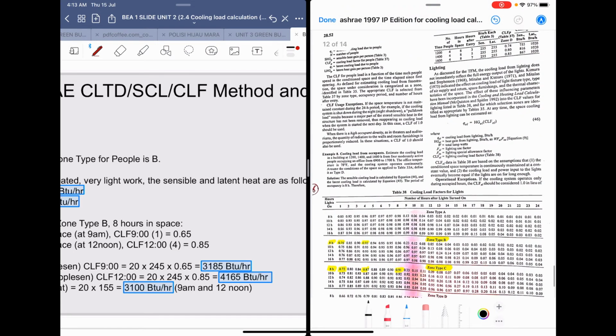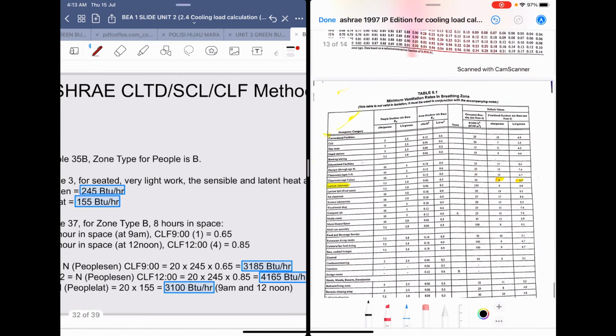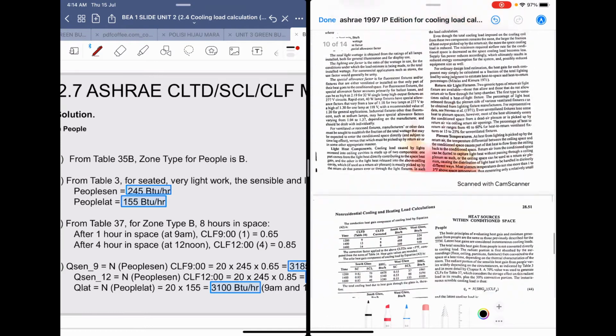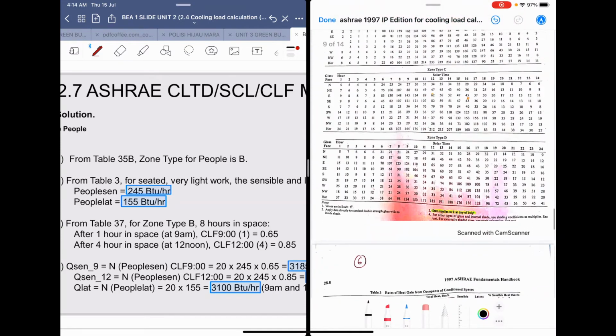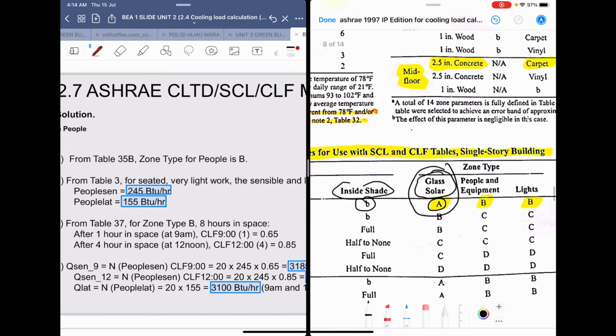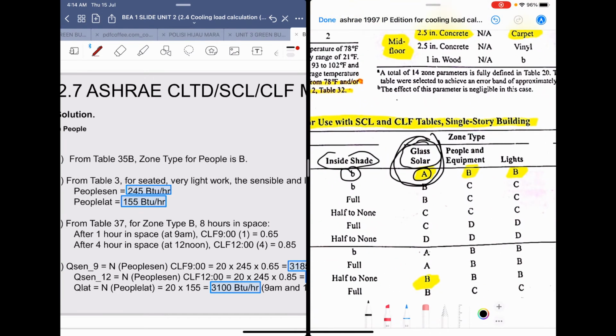But now, how about the people? For the people, we have to refer to table 35B. So just now we got glass solar is type A, but the people and equipment fall under